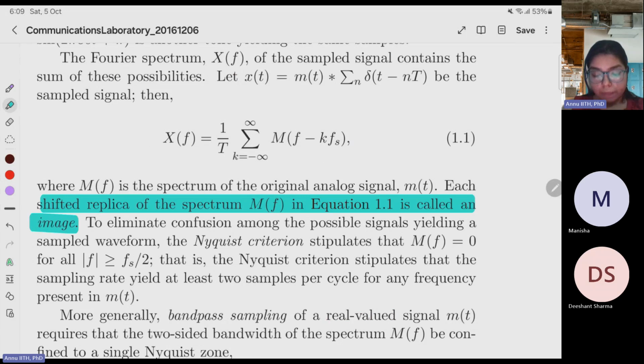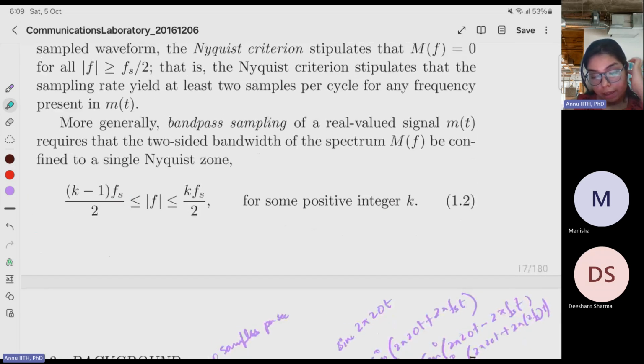To eliminate confusion among the possible signals in a sampled waveform, the Nyquist criterion stipulates that M(f) equals 0 for all |f| greater than or equal to fs by 2. That is, the Nyquist criterion stipulates that the sampling rate yield at least 2 samples per cycle for any frequency present in m(t). More generally, bandpass sampling of a real-valued signal m(t) requires that the two-sided bandwidth of the spectrum M(f)